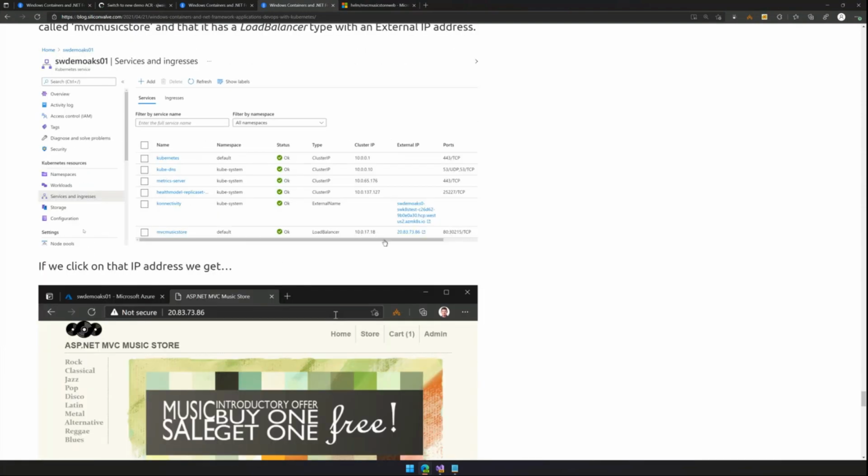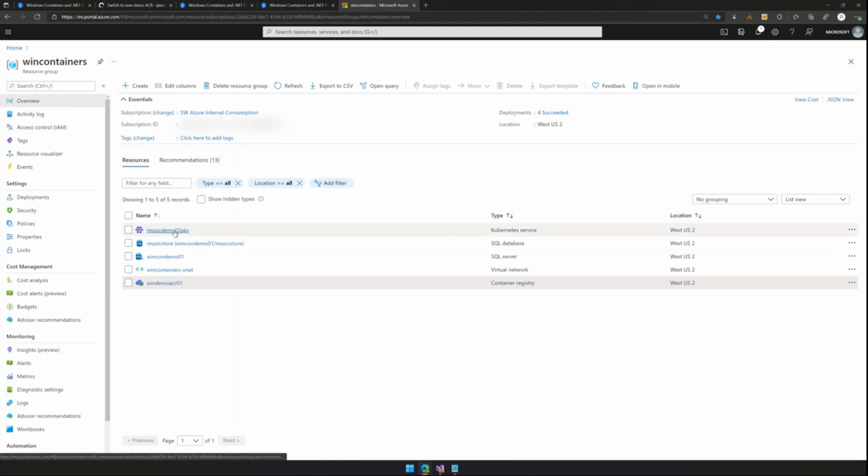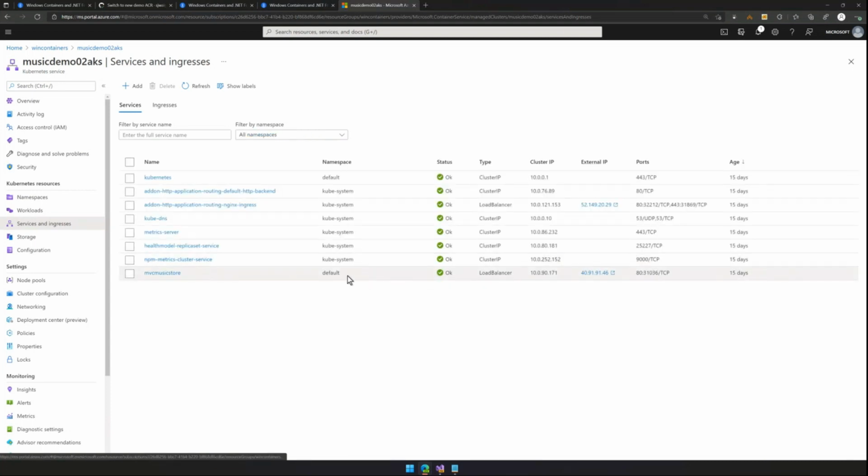All right, and then we've got one last thing to do. This is the real test, and I actually know this works. I'm going to take the wind out of the sail a little bit. If I come into my Kubernetes cluster and I open services and ingresses, I'll see down here, because I didn't use an ingress, I just exposed it via a load balancer, I've got an IP address here. If I click on that,